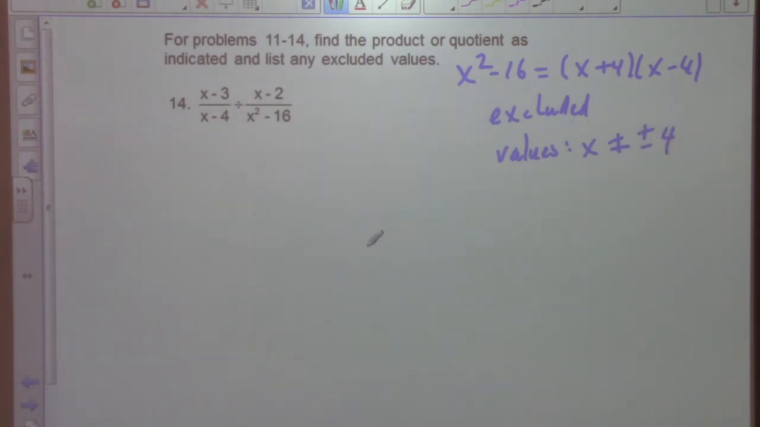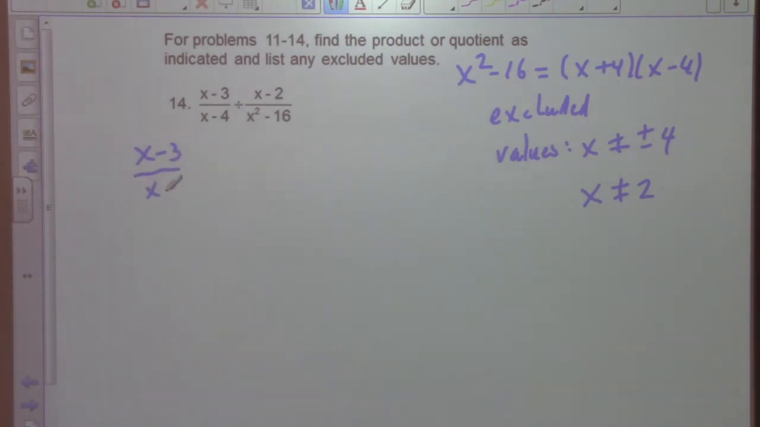Any other excluded values? 2, right? x cannot equal 2. And so really, I think 0 is okay, isn't it? Because I'm not seeing any x by itself here. So I think we're okay, right? And then the next thing we can do is what